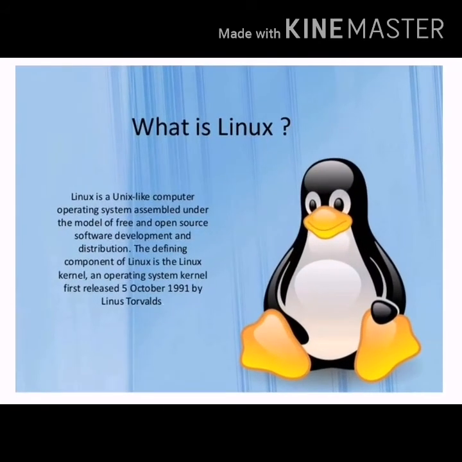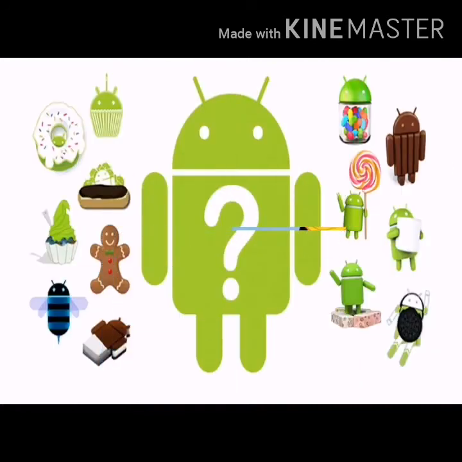Linux is also a graphical user interface operating system that has been developed from the old Unix operating system. It is an open source software that lets users modify and redistribute the software for free. Android. Android is a mobile operating system developed by Google. It is based on a modified version of the Linux kernel and other open source software and is designed primarily for touchscreen mobile devices. It is the most popular and commonly used mobile operating system.